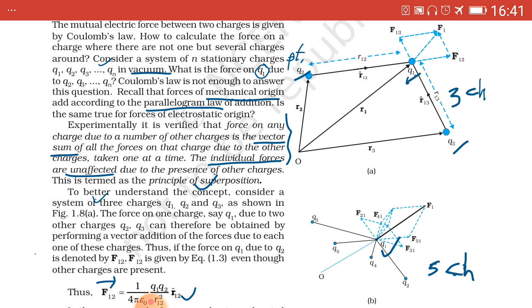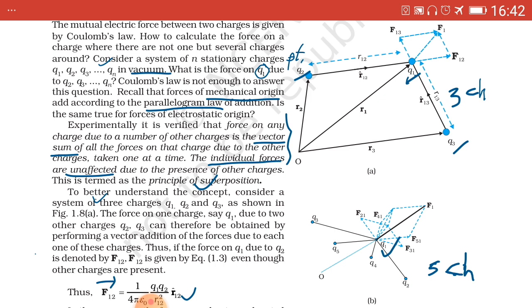Again I repeat the statement which you note down in your notebook. Important, inverted commas, when more than one Coulombian forces are acting on a charge, comma, the resultant Coulombian force acting on it is equal to the vector sum of the individual forces due to each charge, full point, inverted commas over.